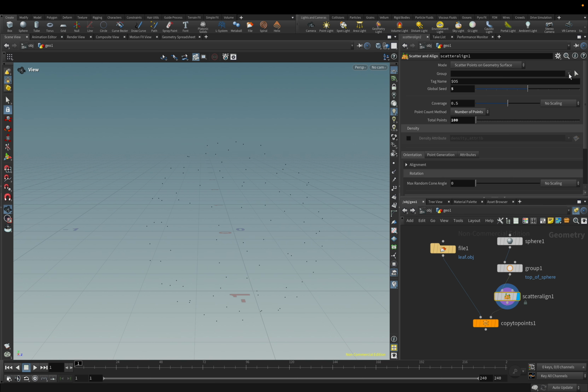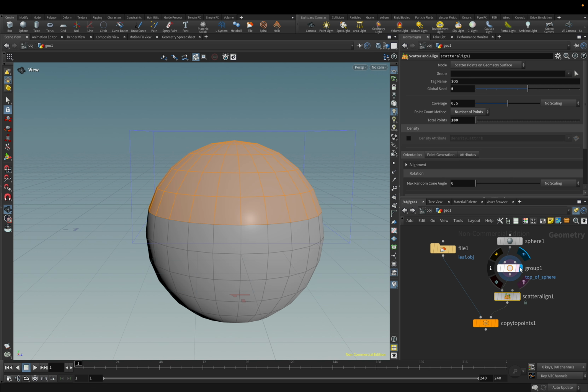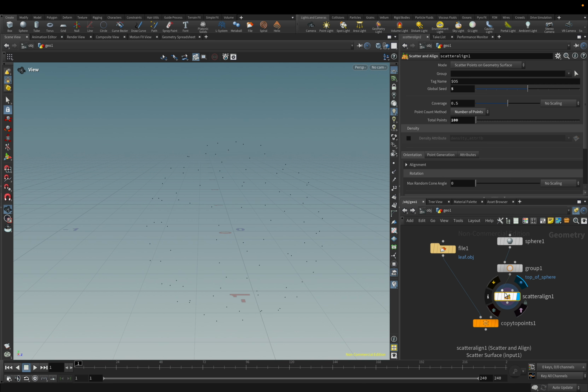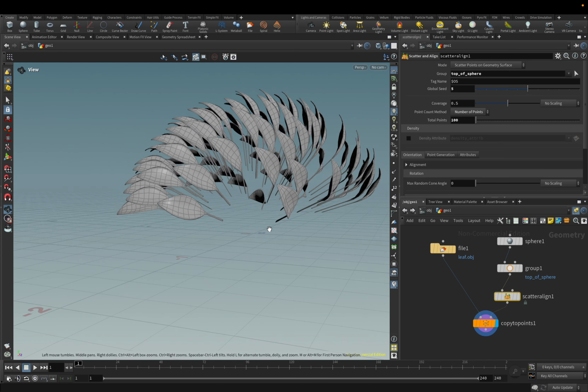Let's flag this. Top of sphere. Okay, so I think I was still flagged in the wrong place. So if I flag my scatter and align, and then under the group, I can go to top of sphere here. And now you see with this group selected, I'm scattering only within that selection of my sphere in this group. So now I can copy to points, and now I have a little bit of a better